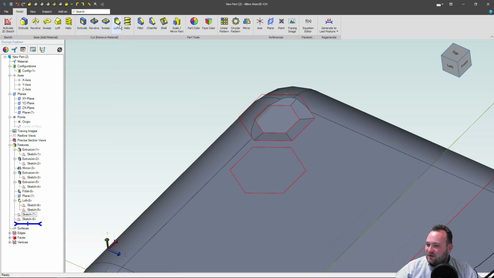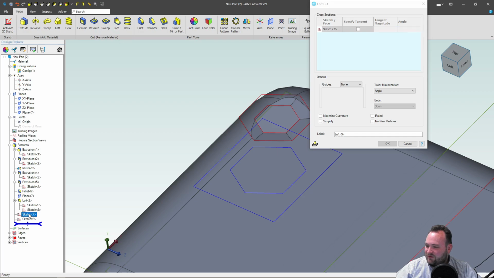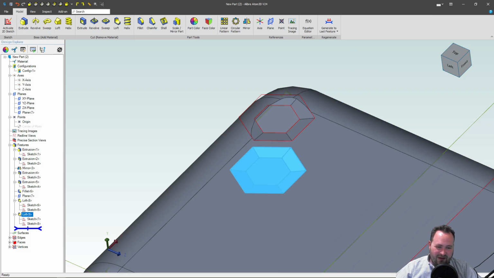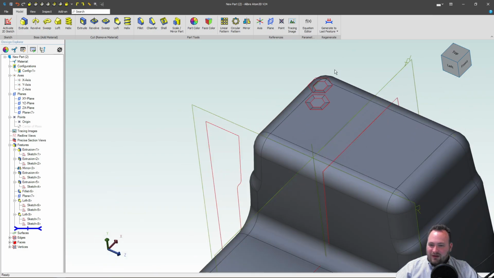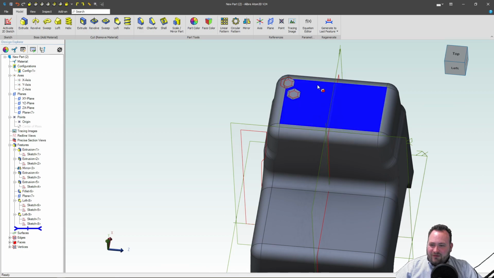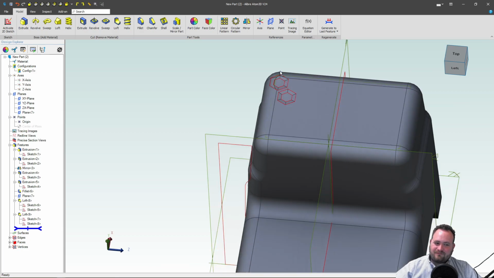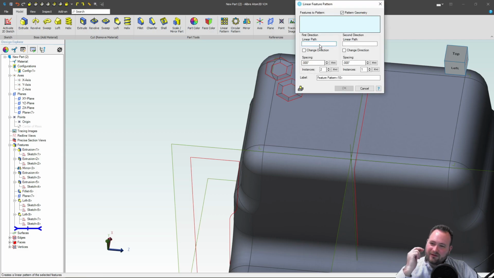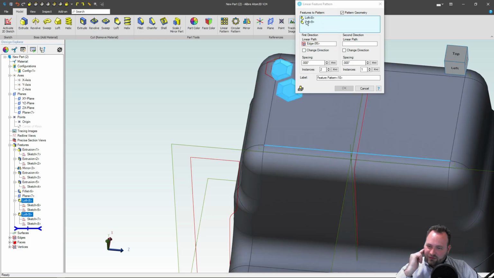another cut loft. We'll go from sketch 7 to sketch 8, right? And then we've made another nice little hex pattern thing going on. So how do we propagate this? Well, we can go to our linear pattern, choose a linear path, say here. We'll choose these two lofts as our patterns. For spacing, we'll go something like